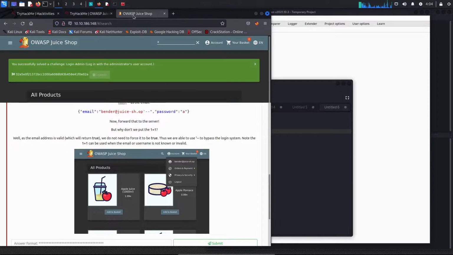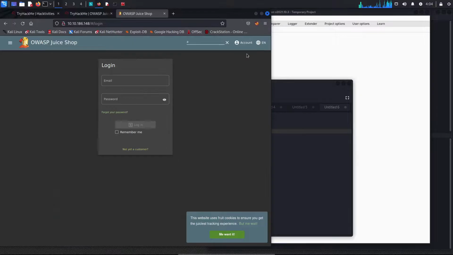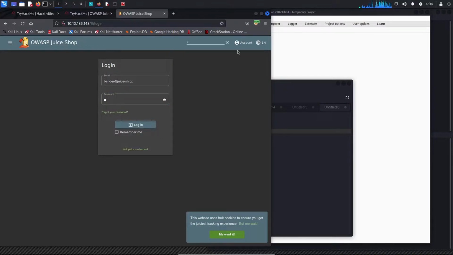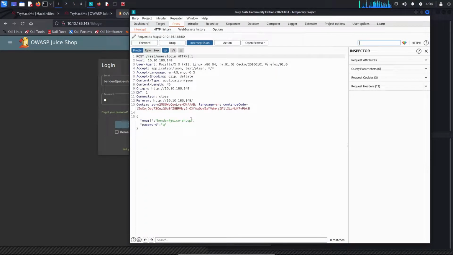I'm going to copy these to my notes and go back to the application. We're going to log out from the admin account, go back to login and type the Blender Juice email. We're going to enable Burp, have FoxyProxy send this to Burp, and forward. We want to capture the same message, and we have to inject our code here.